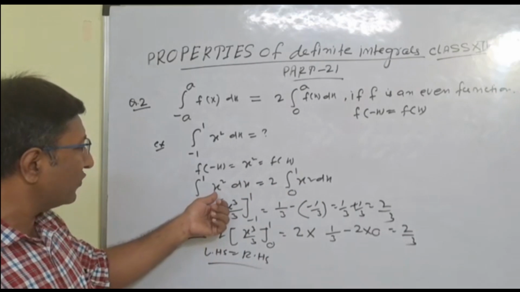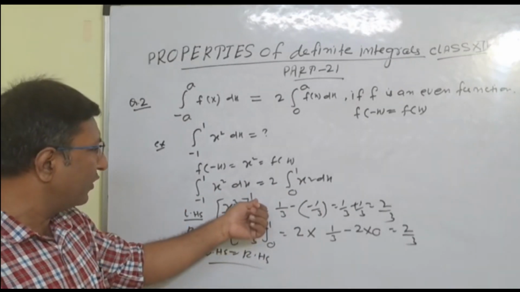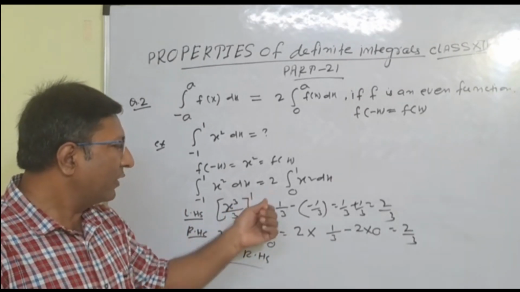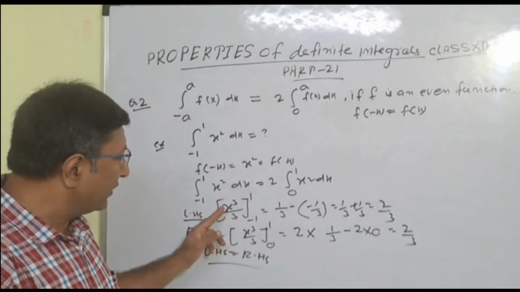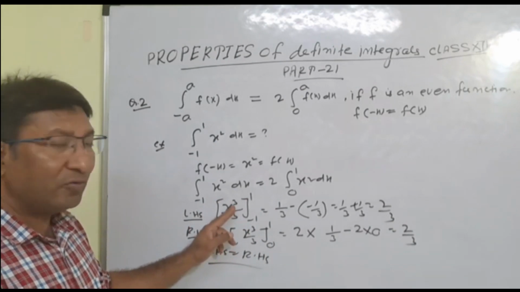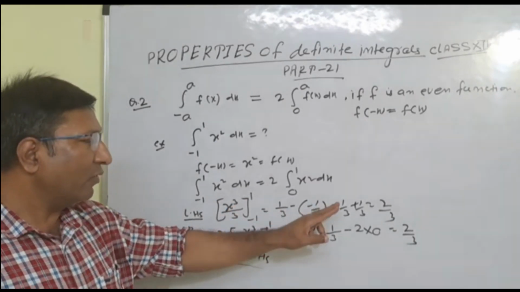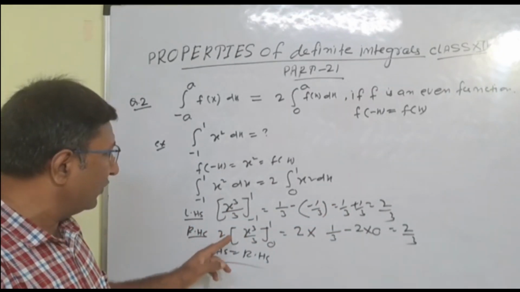So here the integration of x square is x cubed by 3, with upper limit 1 and lower limit minus 1. Here we put upper limit 1 and lower limit minus 1. So 1 cubed is 1, so 1 by 3, minus, and again x is minus 1 to the power 3, so minus of minus 1 by 3. So 1 by 3 plus 1 by 3 is 2 by 3. And here, on the RHS, 2 into